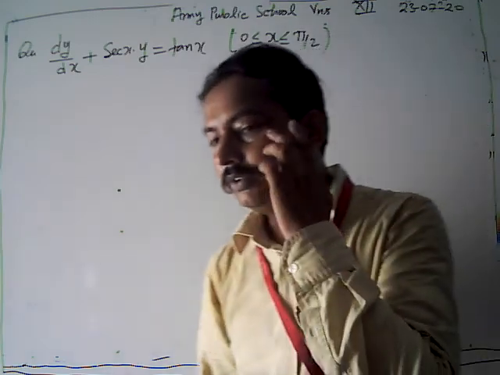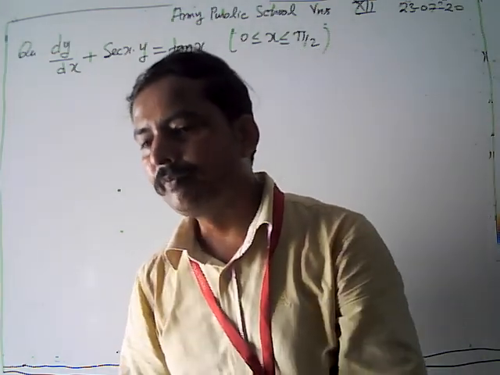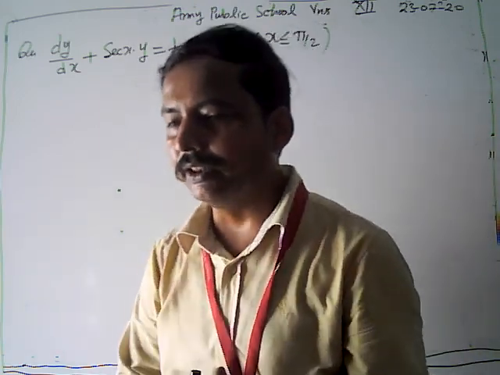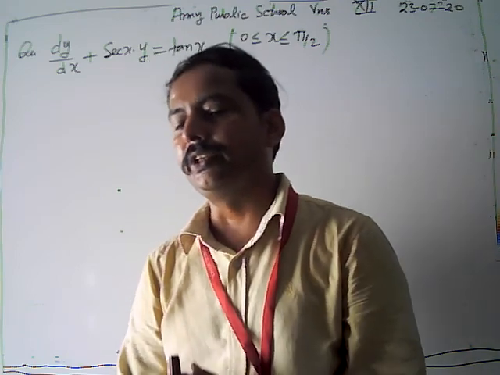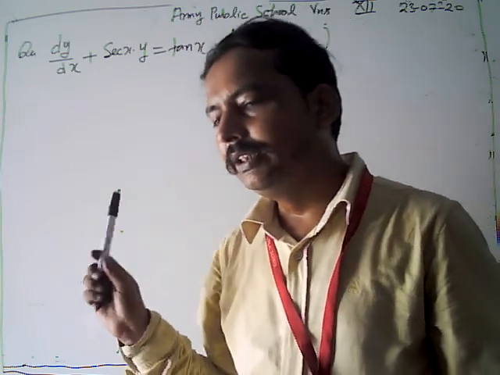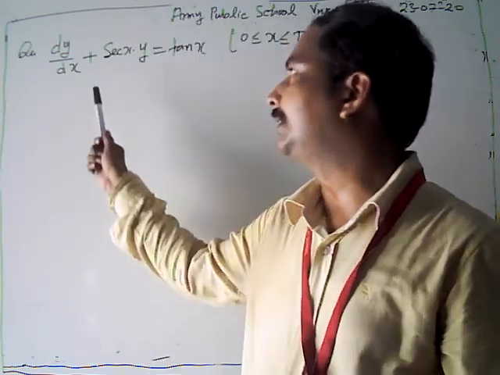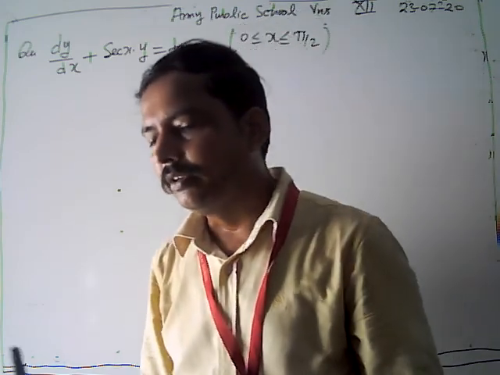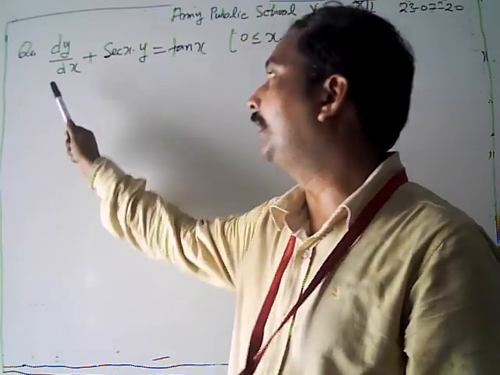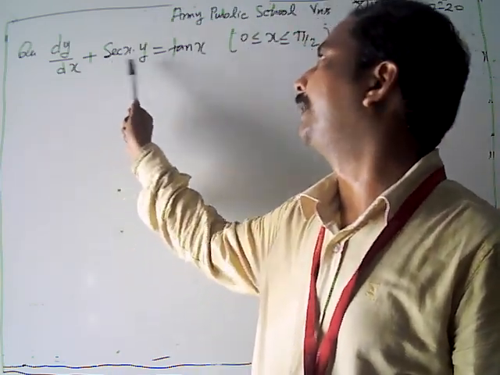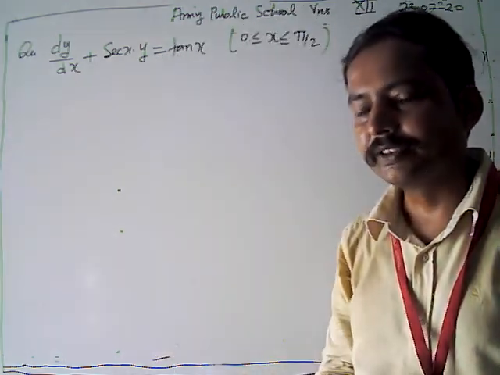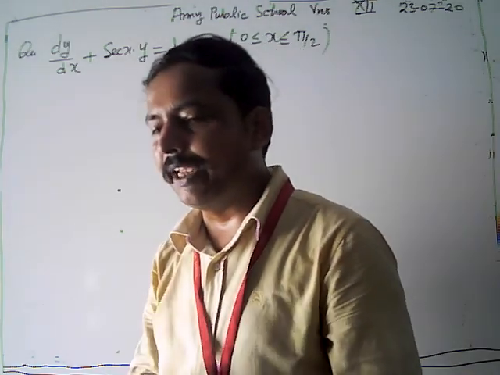Again, I will explain what we have to do. There are only 3 steps to solve any given first order linear differential equation. First of all, we have to check whether it is in the standard form or not. Look, it is in our standard form. What is our standard form? The coefficient of dy/dx should be 1. Here it is 1, then Py, and equal to Q, where P and Q are functions of x. In the first step we write it in standard form.